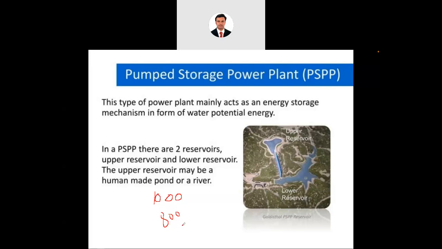So because of this variation, the excess amount of electricity which is generated inside the thermal power plant or in a hydroelectric power plant, we have to store it. Okay, so as we know, the main drawback of electricity is we cannot store the electricity as it is or in the form of electricity. We have to first convert it into the other form, right?